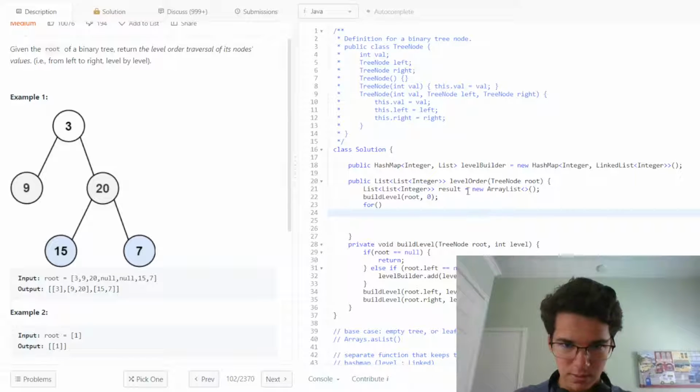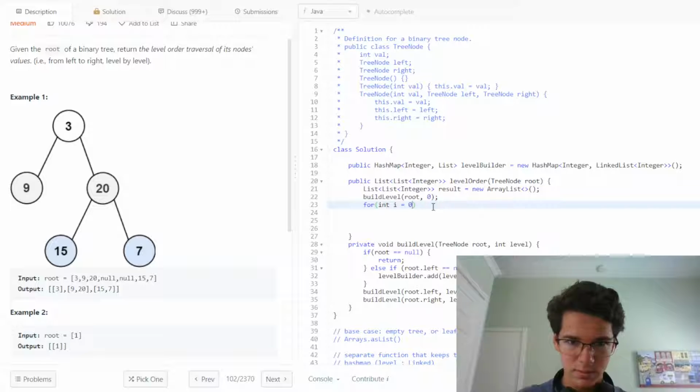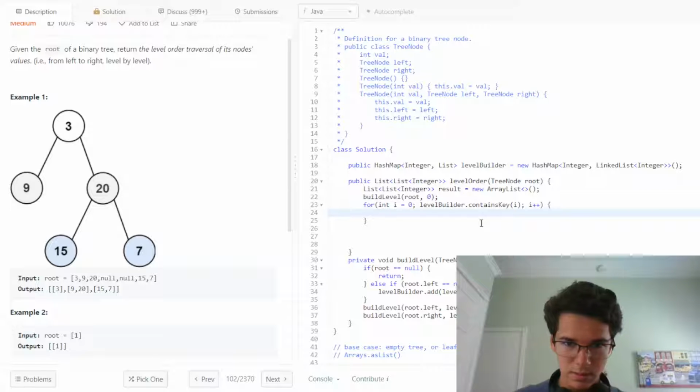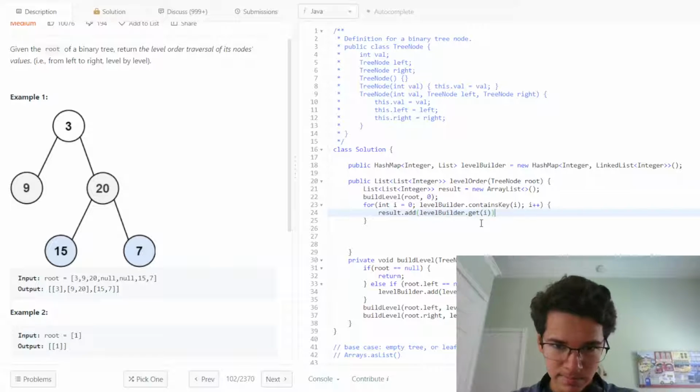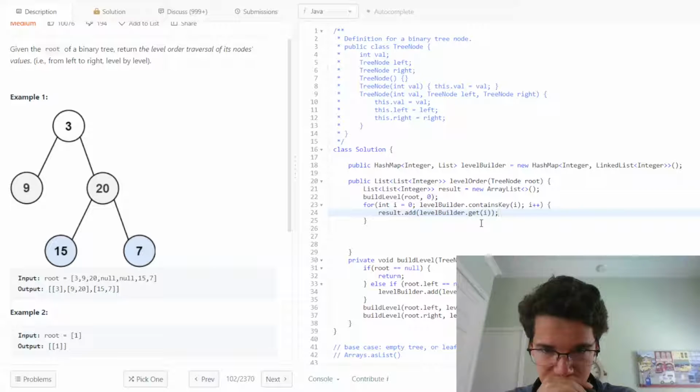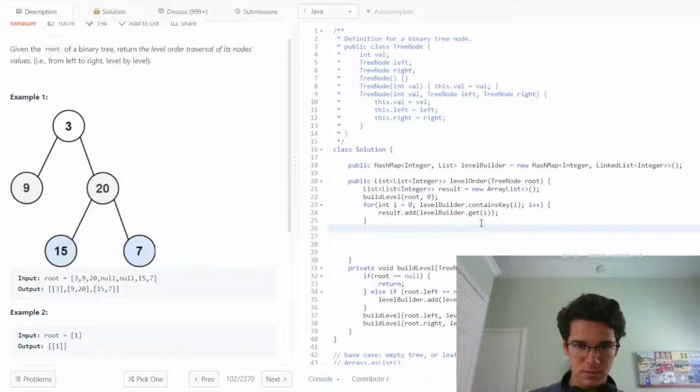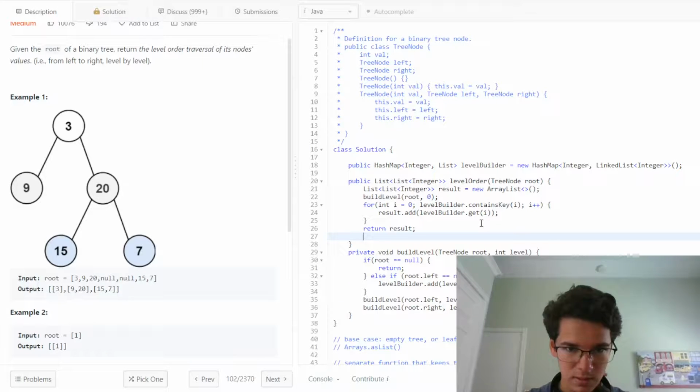Now we're going to load it into our result, and we're going to say for int i initialize to 0, while it's true that level builder.containsKey(i), while that's the case, we're going to increment i. We are going to say result.add level builder.get, and we're going to pass in the level that we are on. Level builder is a linked list. That's correct. Yes. Okay, so that should be simple enough. And in the end, all we have to return is result. And I believe this should work, actually, unless there is some missing